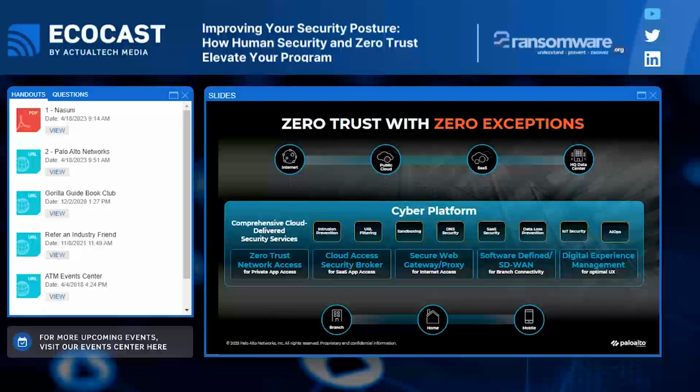It is a complete solution. It provides zero trust network access, so you can get the right type of zero trust outcomes for getting access to private applications. But we don't stop there. Those same zero trust outcomes that we talked about can now be applied to how users get access to SaaS applications, how they get access to different internet applications and internet resources, how users in branch locations can get access to the same types of resources, and so on and so forth.